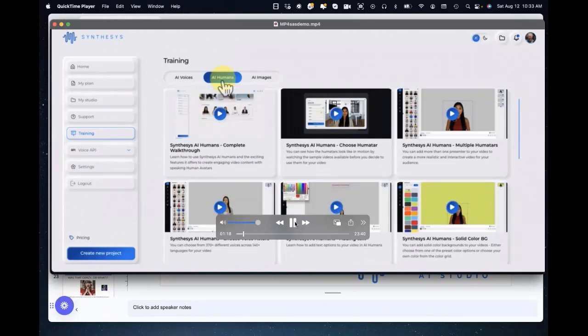Let's say I wanted to learn how to make more than one slide, okay? Multiple slides with multiple humatars, or those real human-based AI avatars. I would go to this right here, Synthesys AI Humans, Multiple Humatars. Humatars, by the way, is the name that we came up with. I have to say it was Luann Beckman specifically who came up with it in a meeting that we had, and it has really taken, and eventually this is probably going to be used as the term for human-based AI avatars. But anyway, back to my point. Click on this and you will learn how to put multiple humans onto a slideshow, or should I say a video with different scenes.